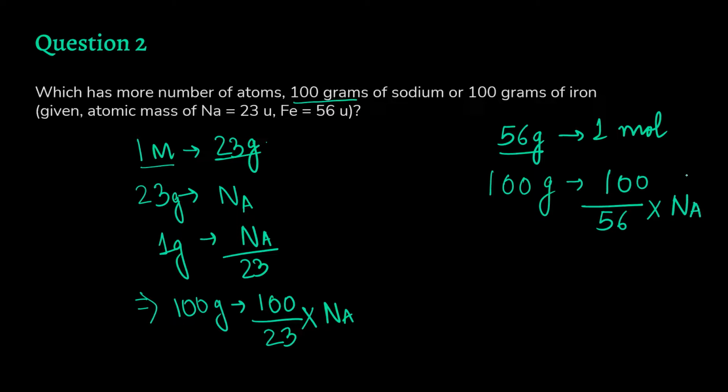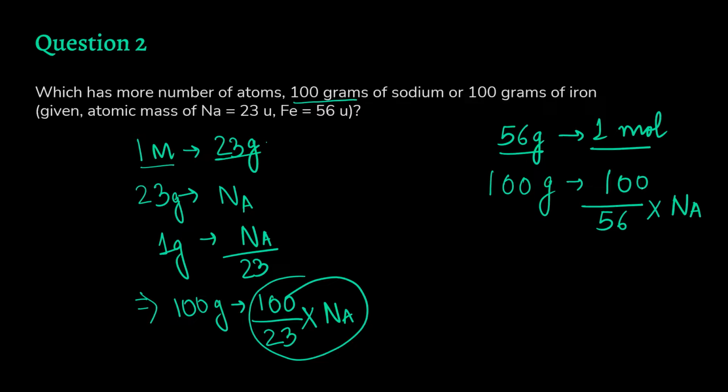Why the Avogadro constant over here? Because any 1 mole of substance has the Avogadro constant equivalent of particles, that is 6.022 into 10 to the power 23. So when you compare these two values, this value 100